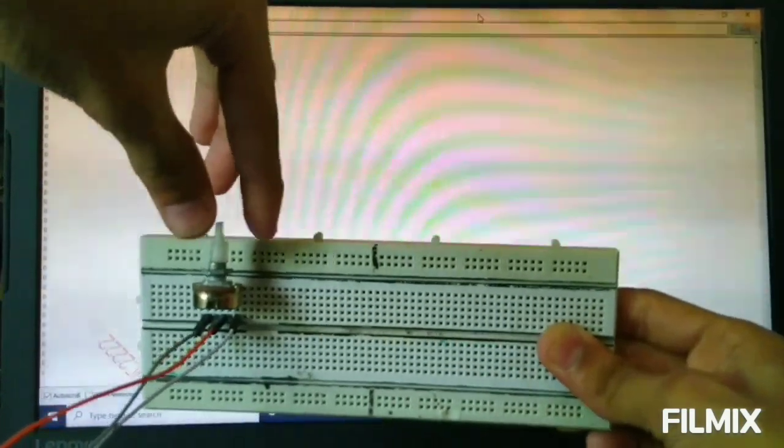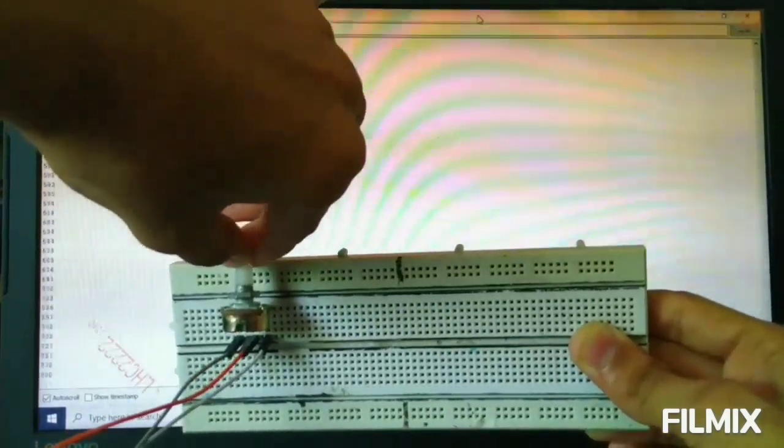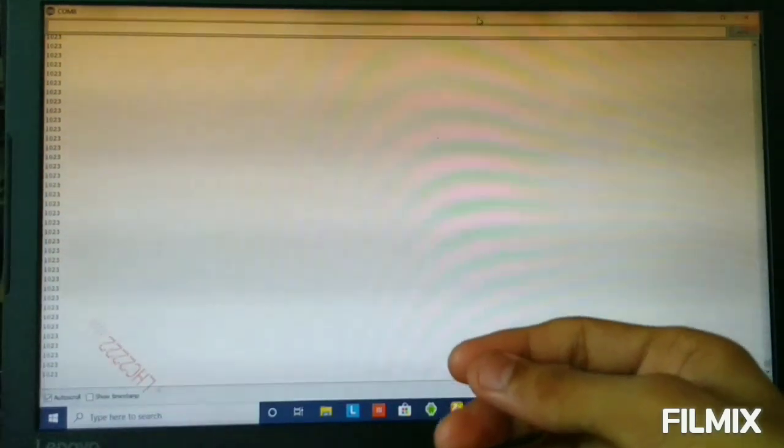Okay, so now the value is coming in at the side, and if I turn the knob of my potentiometer, as you can see, the value increases up to 1023, and if I turn it again, it will go to 0. So now let me zoom in and show you the value. As you can see, it changes. It is on the basis of how much resistance is applied by the potentiometer. So if the resistance is high, the value will be 0 or no voltage will be received, whereas if the potentiometer resistance is low, 5 volts will be received, so it will be 1023.